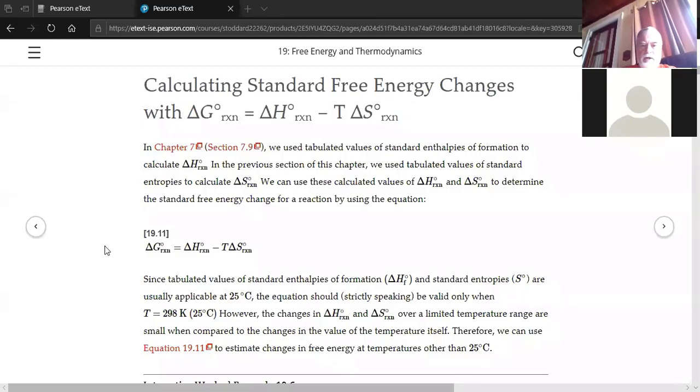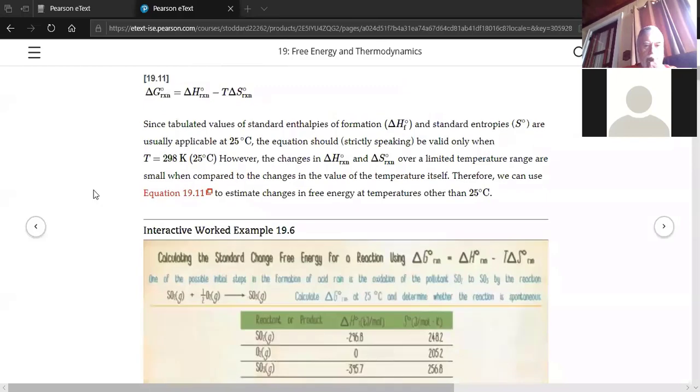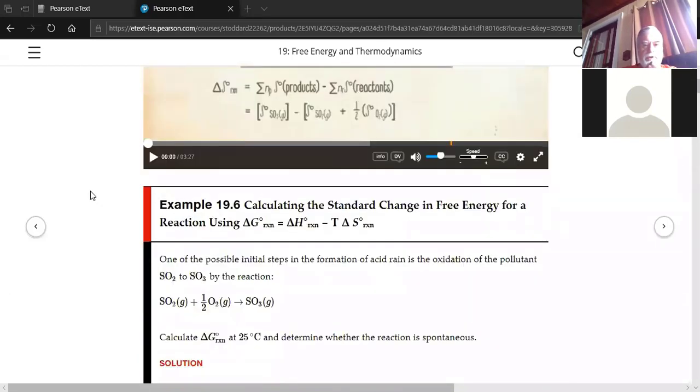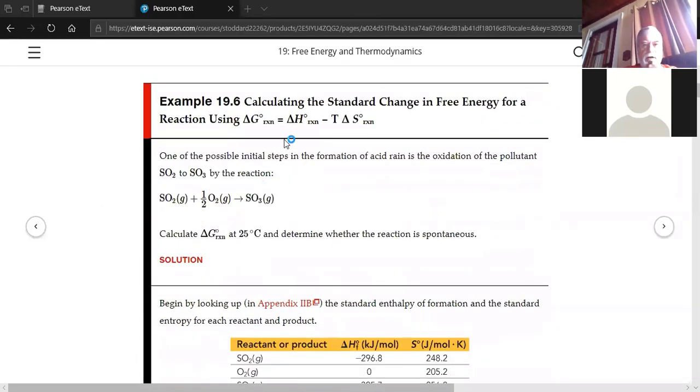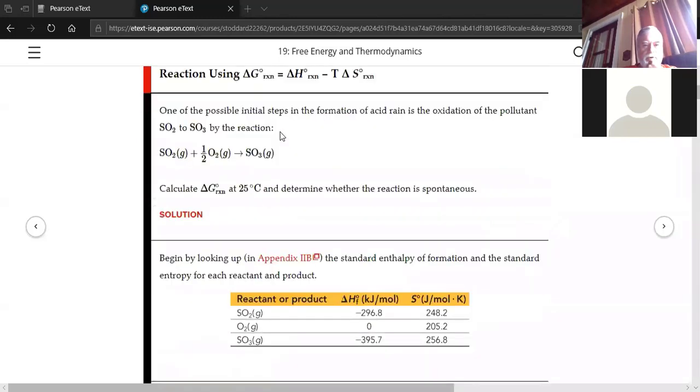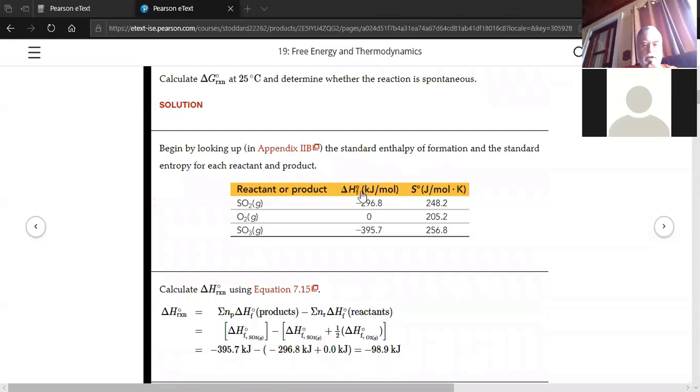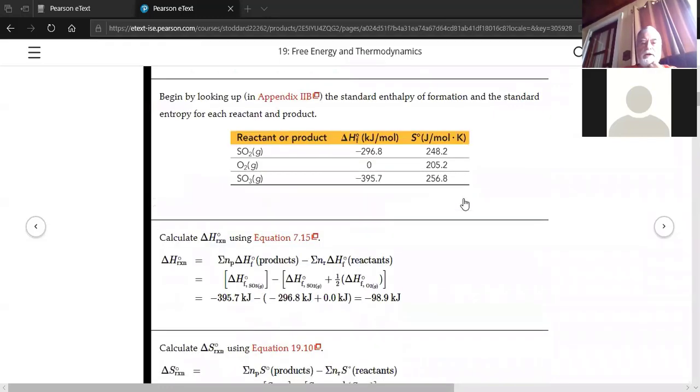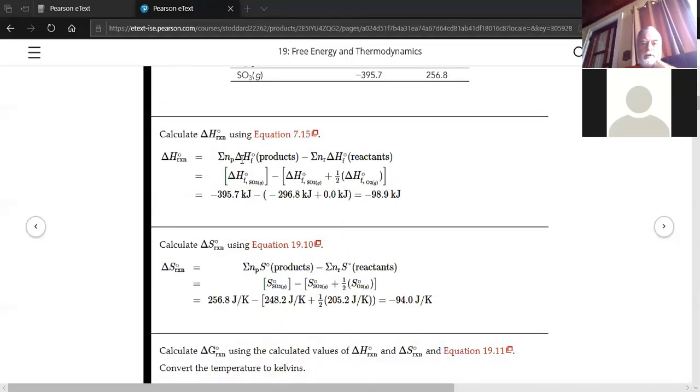And so today we're going to look at another way of calculating it. As I scroll through here, you'll see this example they did. Again, this is what we looked at last time, where they're using the Gibbs free energy equation. They're using this table of delta H of formation and absolute entropy values. And then these formulas that we talked about last time, where you have this summation symbol,